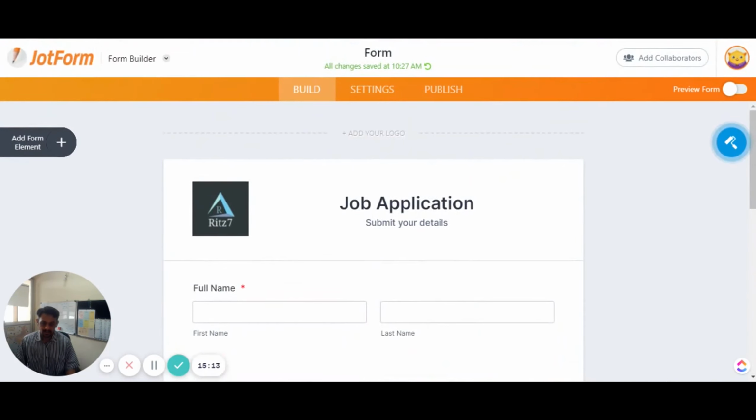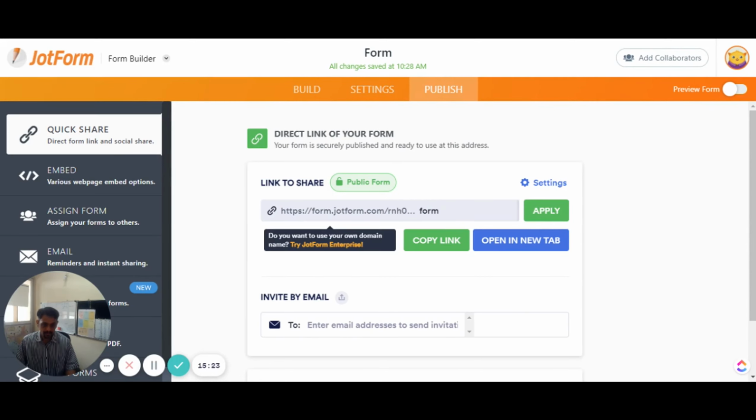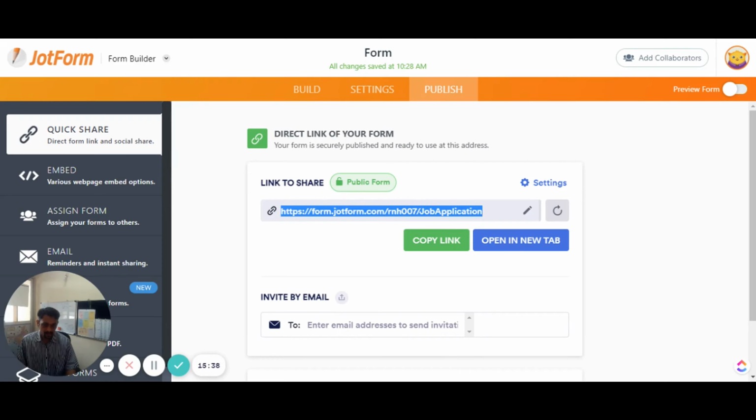Now once this is done, you can just go to publish, and this is the link where you can publish this form. Or I can say this is my account, and then I can say job application. So this is my username on JotForm, and then the name that I've given for this form. I'll just open this in a new tab,